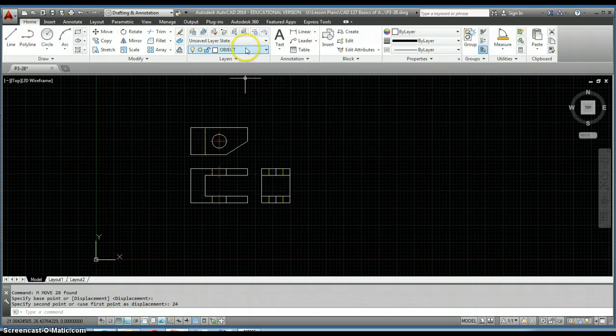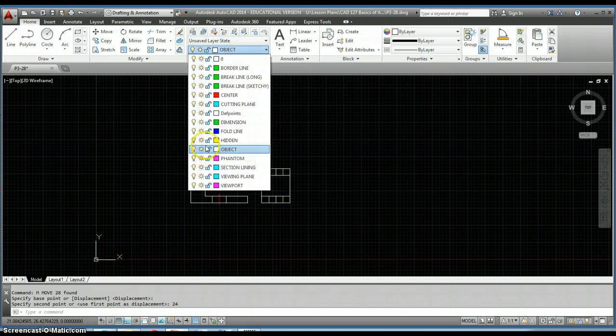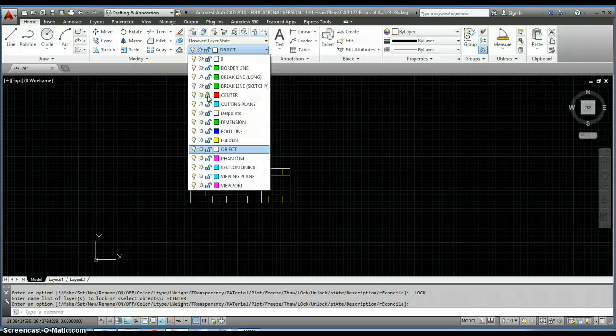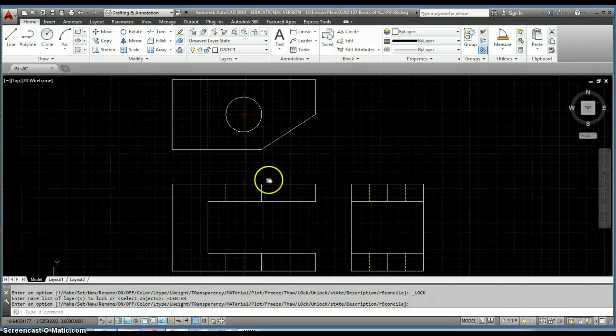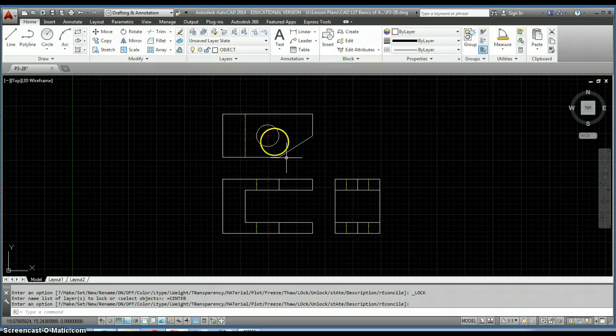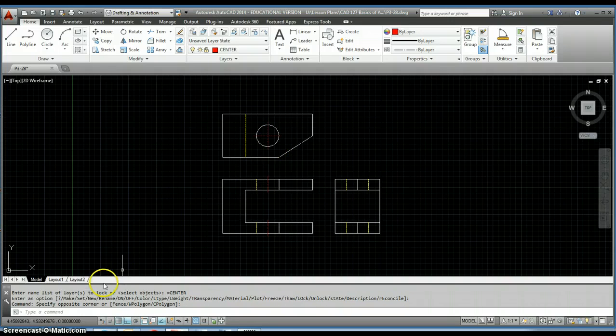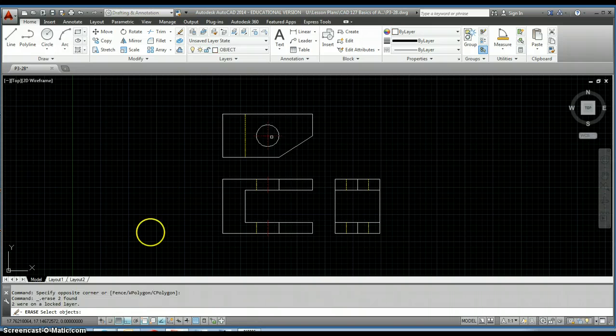Now I've got my part back, and the last object here is the object to lock a layer. So I'm going to lock my center layer this time. Just left click on the padlock and that locks the layer. And now I'm unable to do anything with that layer. So if I select my center lines, you'll see that I got them selected, but if I just hit the delete key on my keyboard,